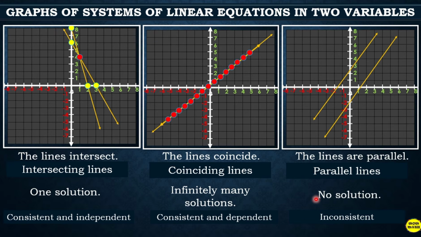Now, so kapag nakita mo, malalaman mo kagad ay intersecting lines. Ibig sabihin, one solution yan. Ay, ito coinciding kasi same line. So, infinitely many solutions. And then this one, pag nakita nyo na parallel lines, malalaman nyo kagad, there is no